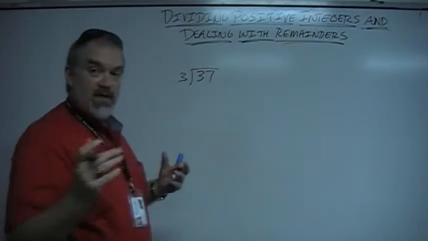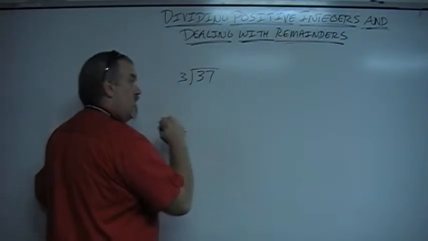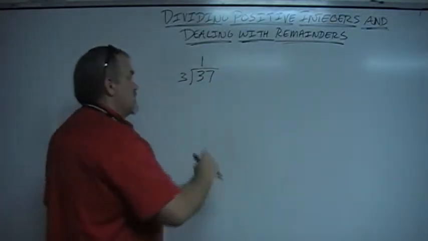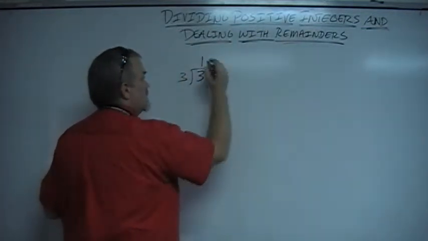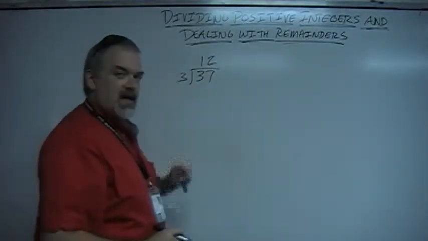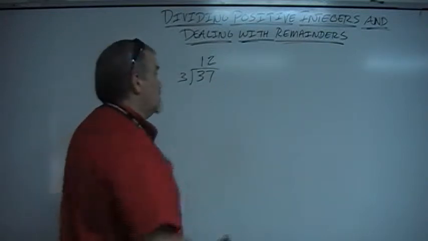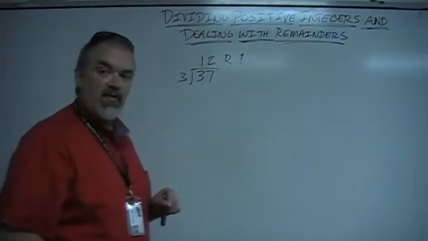Now, short division, we say, how many times does 3 go into 3? It goes in once. Do we have anything left over? We don't. So then we say 3 goes into 7. How many times? Twice. 2 times 3 is 6. We take that 6 away from 7, and what do we have left? We have 1 left. So we can write it this way, remainder 1, as you may have learned before,